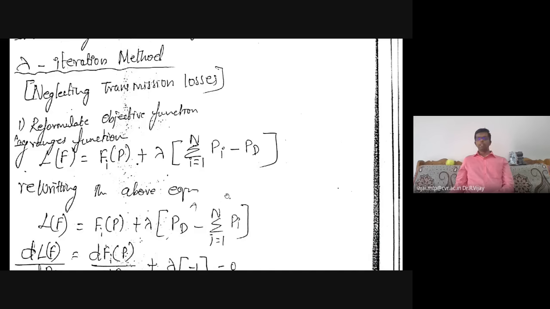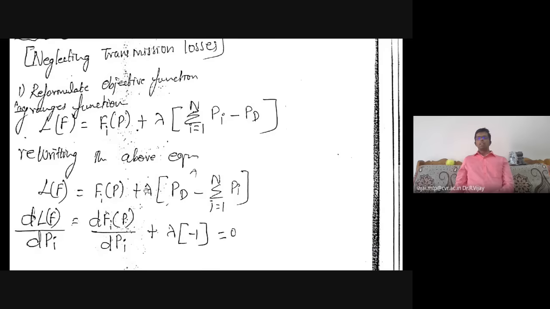Then you might be knowing this concept very clearly. So here, we have rewritten this constraint as PD minus PI. Generally demand might be more, so we are neglecting this term. So how to solve this Lagrange's function? We have to differentiate